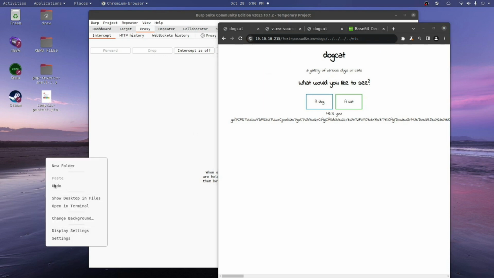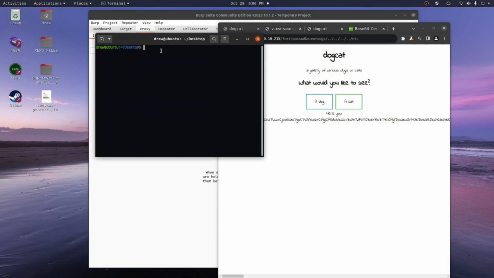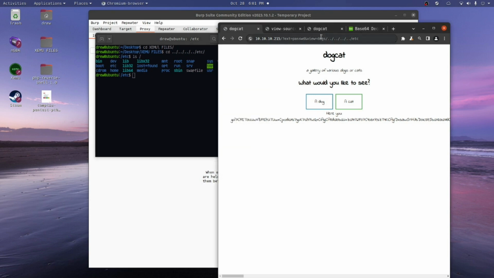So what I'm talking about here is, if I'm on my desktop right now, I'm going to go inside my ZMU files here, and if I just do cd ../.. back to etc, you can see my directory change to /etc, which is right here. It's just in the root directory, right? So basically what I'm telling it to do is go back to the root directory, go to etc, and then